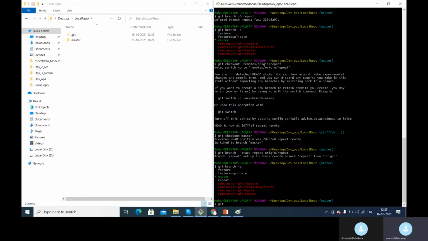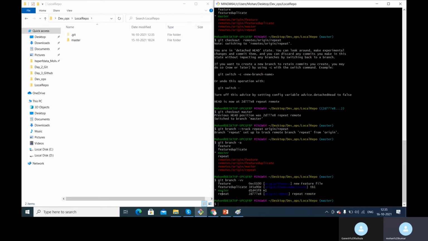When I say git branch -vv, this says the repeat branch is tracking the repeat branch on the origin, which is the remote repository. Now everything is tracked. All the branches are tied to the remote tracking branches.